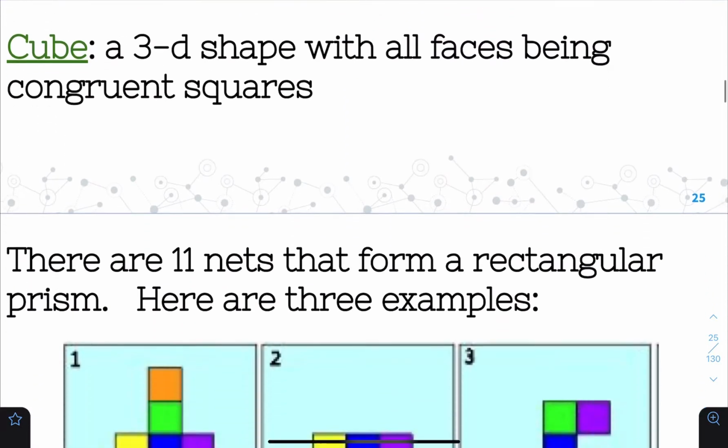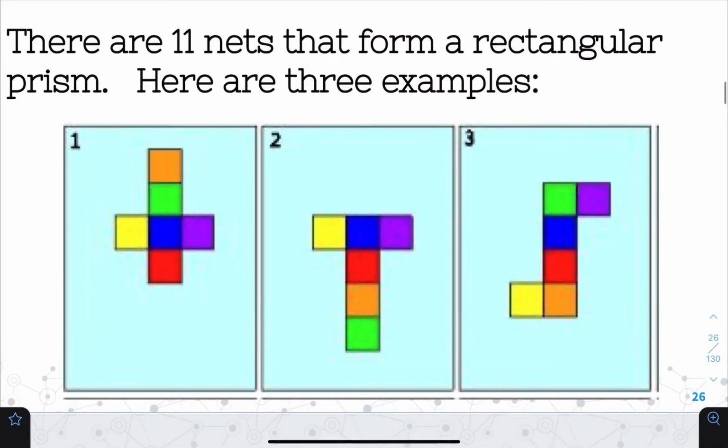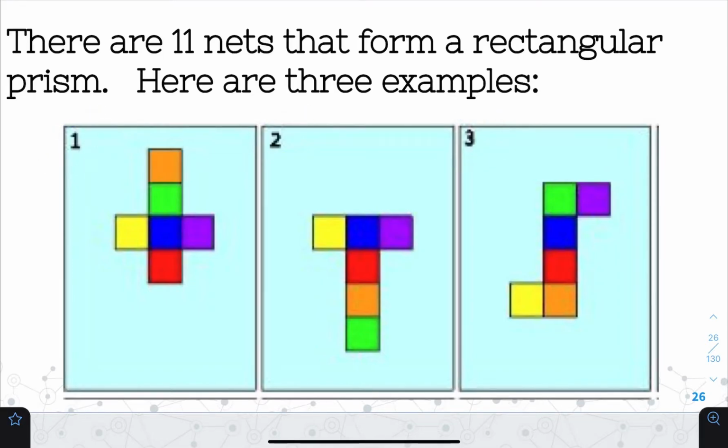All right, welcome back. Moving on forward, we have 3 examples here of nets that form rectangular prisms. Now, taking a look at the layout of these patterns, we see that there are a total of 6 congruent squares, right? All 4 sides of these squares are congruent, and all 6 of those squares are congruent to each other as well. So we know from this last definition that we just did that this is going to form a cube. Now, these are 3 examples of a total of 11